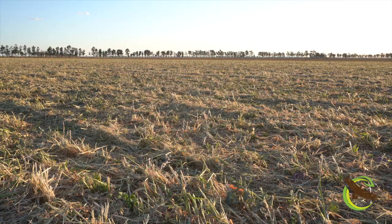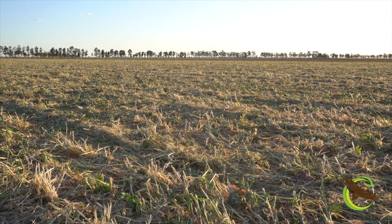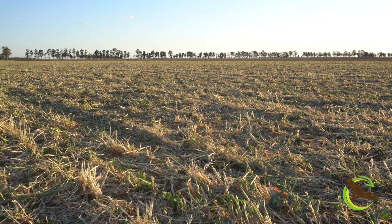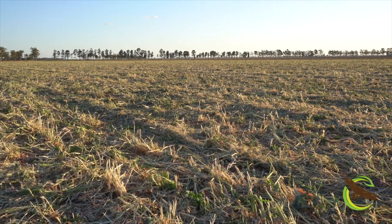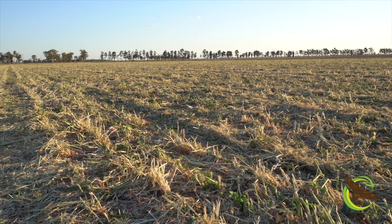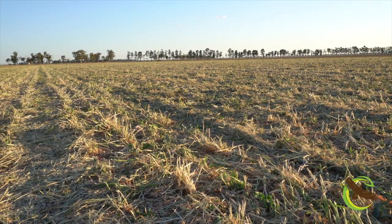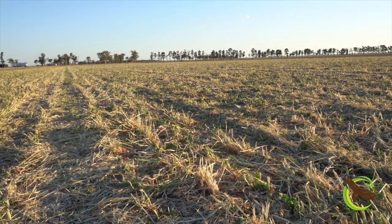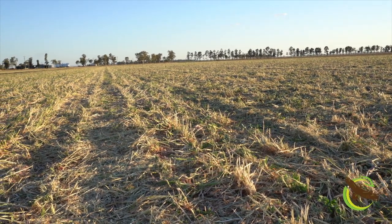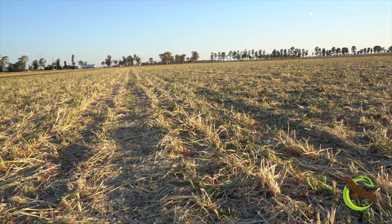So we just left it for a couple of weeks, but we decided we'd go in and just knock the top off it with a slasher. And then we'll leave it, and obviously we'll try and plant straight back into it once we get some rain. Or actually, I'm planning on probably going in front of rain if I can. Once they start to talk about a decent rain change coming through, we'll try and sneak in and do it, and then let the rain wet it up and bring it up,